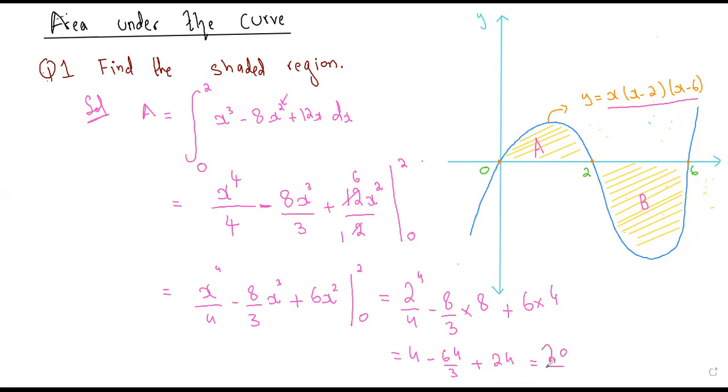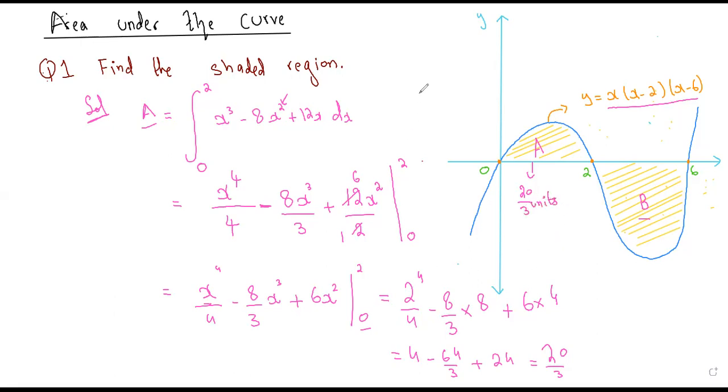And you don't need to subtract anything because this is 0. Once you plug in 0 in all these terms, you are going to get 0, right? Yeah. Okay. That is good. We are not done yet. This is the area for A. We need to find the area for B. So for A, we are getting 20 by 3